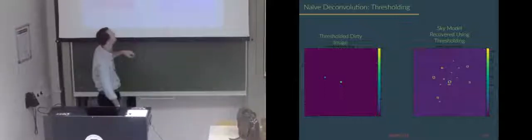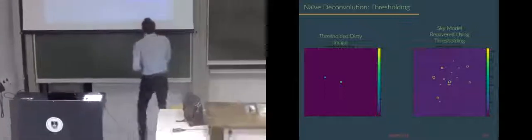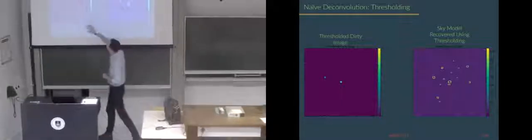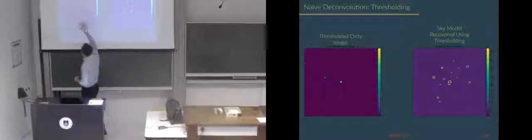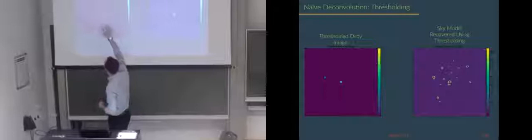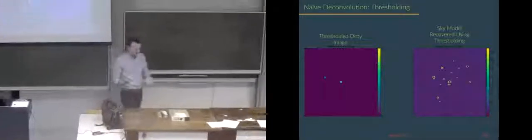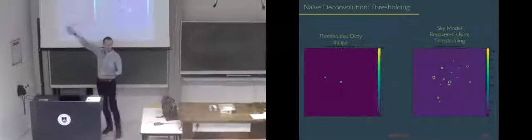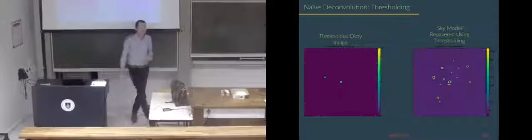There's these few sources here, and they stick out. The problem is, this is for inverse filtering. So say you set this threshold down, right? You set this threshold, you pick out these bright sources, and you say those are real, and now you've created a situation where you have a very high signal to noise image, right? Because we've basically filtered out all the noise and just left those sources behind.